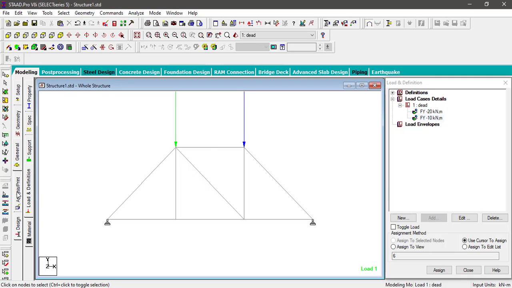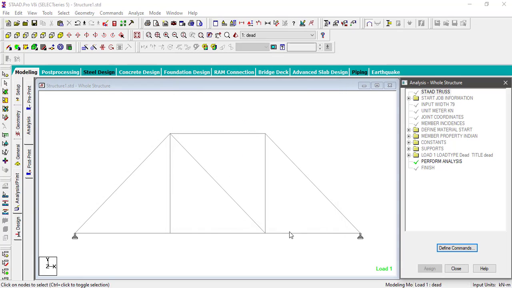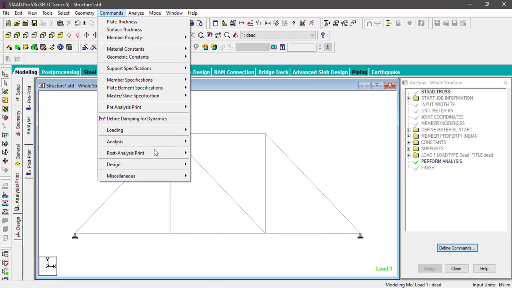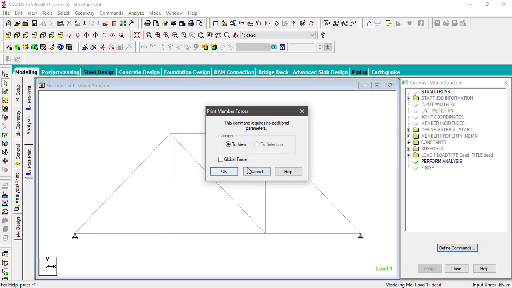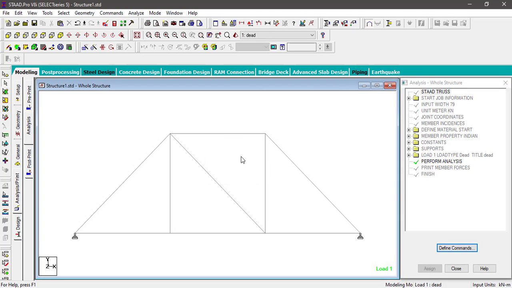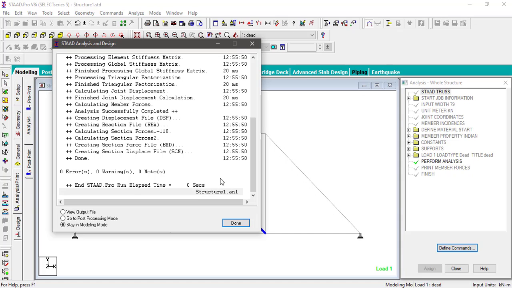After this I have to do analysis and print. Then add, close, then go to commands, post print. You can select here member forces to view, then do the analysis.